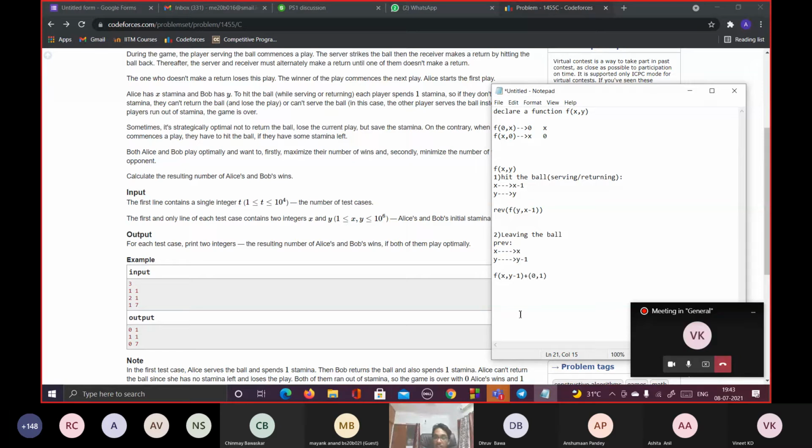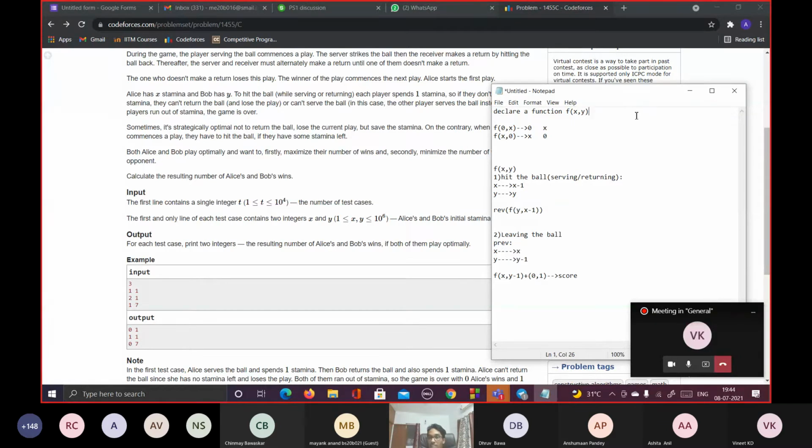Why am I adding this 0 comma 1 to this particular arrangement? It represents a score actually. This is a score, and this is more like a function which you are trying to relate to the score. So whatever happens here, you need to add plus 0 comma 1 because you're leaving the ball here. And if you leave the ball, you are bound to lose that point. That's the whole aim. You're going to lose the point, so the opponent will gain one win.